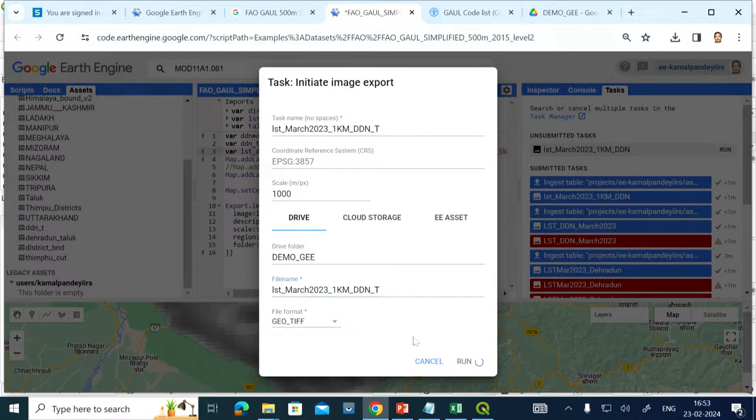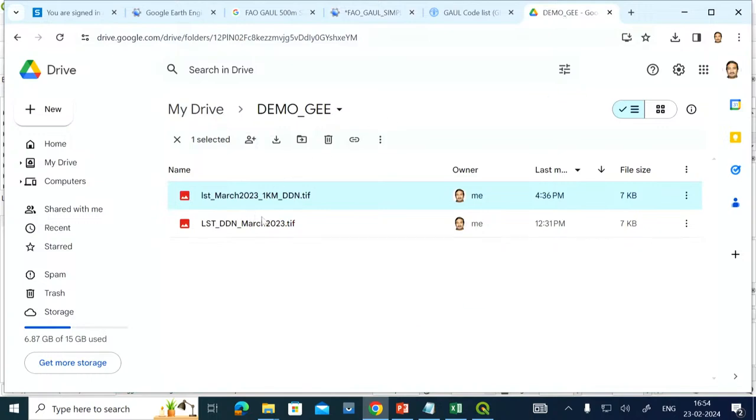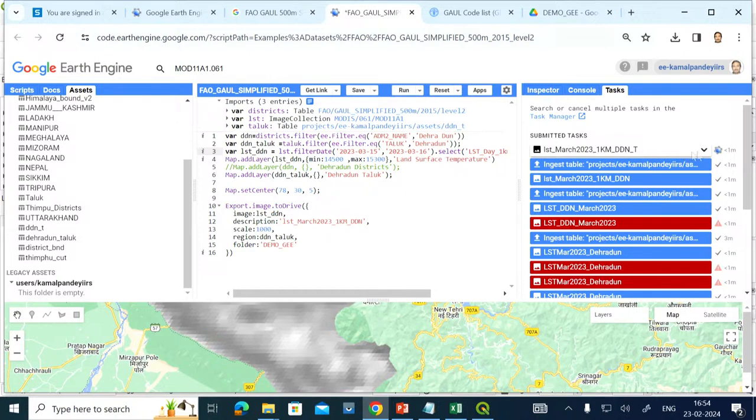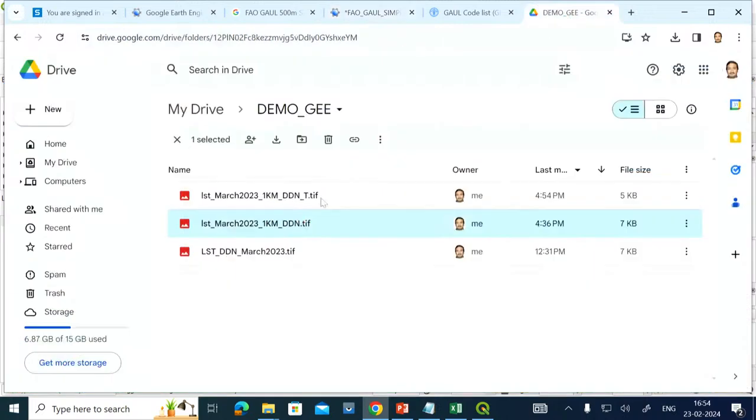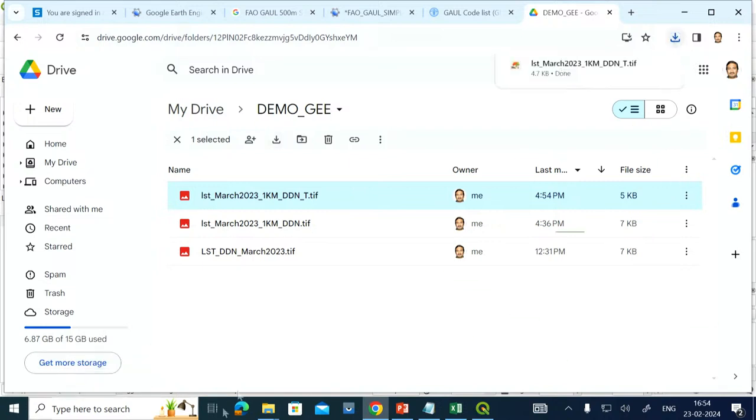And it will start running and then we will have a smaller value also. Yes, it is running here now. And if we go to this part, you can see it will be displayed to us here if there is no error. If any error comes, that will not come there. Yes, it is done. You can see it is T, it is coming over here. Now let us try to download it. Yes, I am able to download it from this Google Drive also.